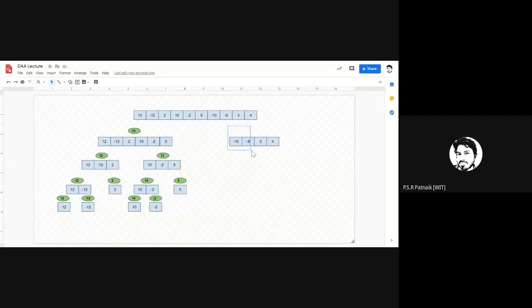It doesn't matter if I take the half division here or there, so I only get this value. Later, while writing the program, we can adjust them properly. So this would be the division of this. And how are these elements going to be divided? These are further divided into this form.